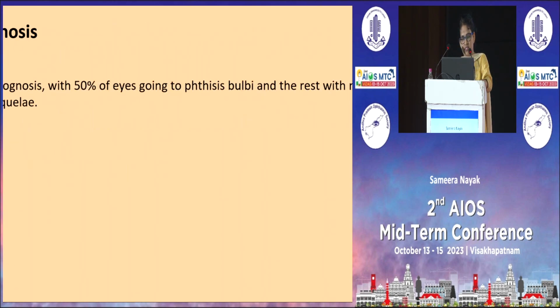It was 40%. The prognosis was poor, with 50% of eyes going to phthisis bulbi and the rest with macular scar sequelae. So it's very important to advise amblyopia therapy in these cases. If the baby presents with one eye affected and you are doing a vitrectomy, there is a high chance of eyeball elongation if you remove vitreous from a neonate. So these babies are to be followed regularly, and myopia is the rule if you have done a vitrectomy. A minimal vitrectomy, that's what we have started doing in these babies.